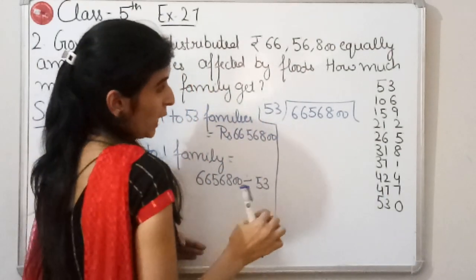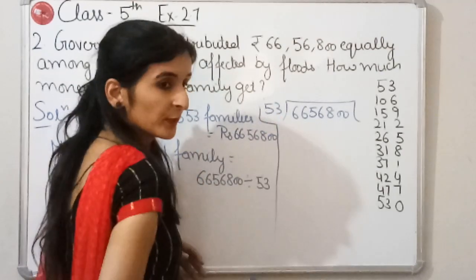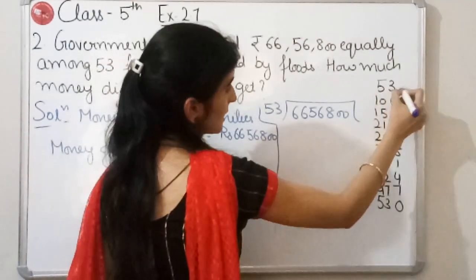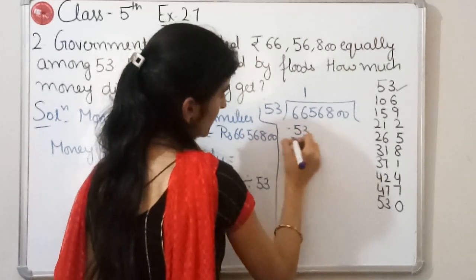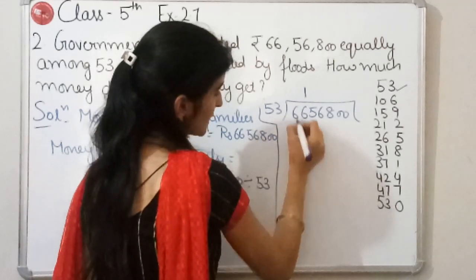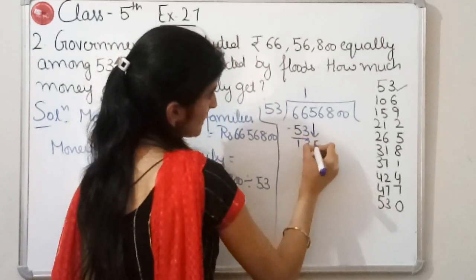Okay, so now which number is nearby 66 in the table of 53? 53 itself. So it will go on 1. 6 minus 3 is 3. 6 minus 5 is 1. And we can take the next digit, that is